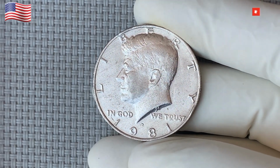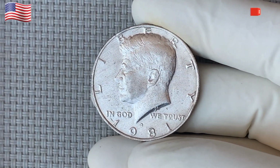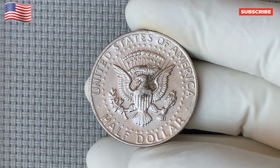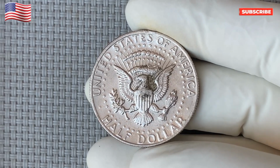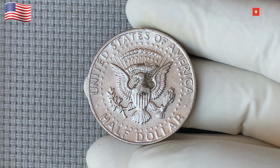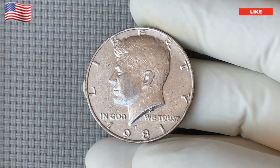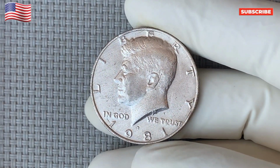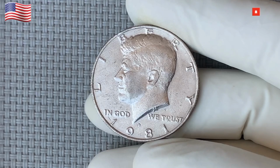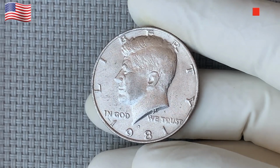Let's find out. The Kennedy half dollar series is one of the most well-known in American history. Initially introduced in 1964 to honor the late President John F. Kennedy, this coin quickly became a symbol of the nation's respect for the slain president. The Kennedy half dollar is distinctive not only for its design but also for its interesting history. Since its debut, the coin has undergone numerous changes, and today, we're focusing on a particularly intriguing year, the 1981